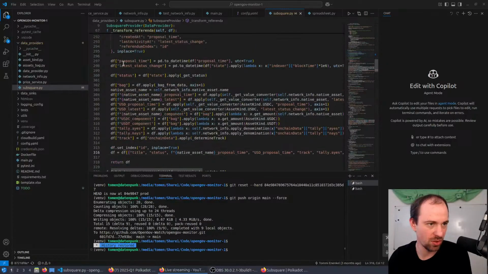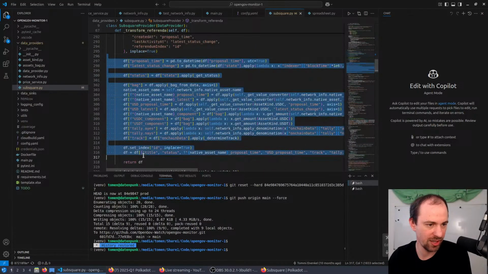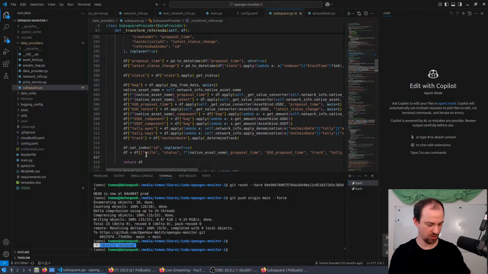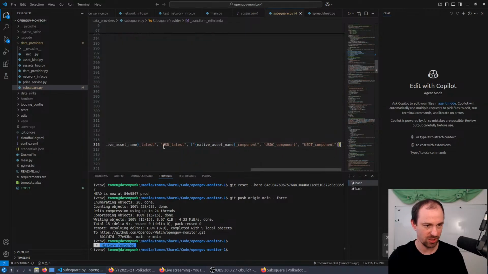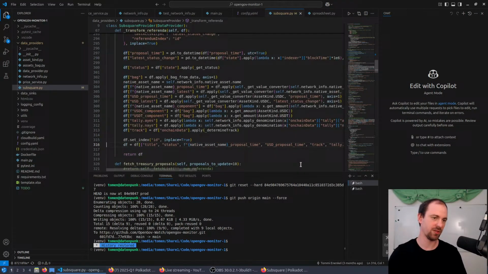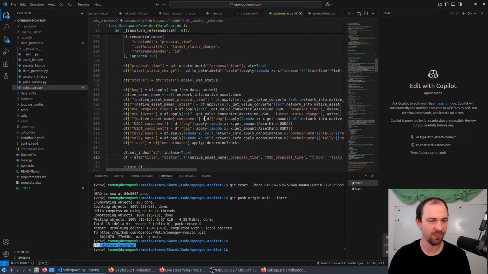And these lines of code are preparing those rows. So at the end of our call, we have the title, the status, the proposal time, and so on. We have the track, the votes, and the individual components. This is where we're pulling all of this together, where we are making those columns. And for some of those columns, we have dedicated functions. So for example, when it comes to the amount of DOT, the amount of USD,